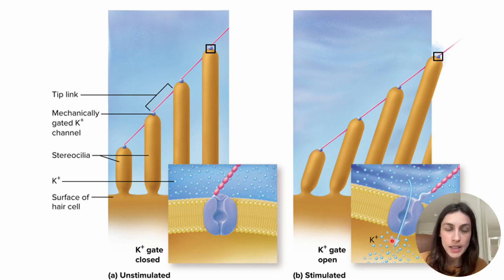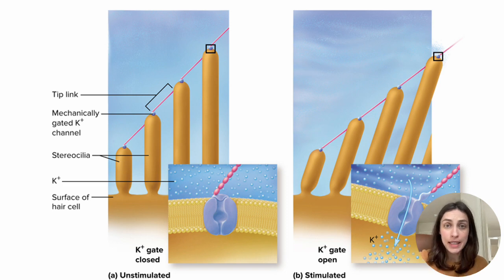And remember that endolymph has this strange concoction of ions, including a really high concentration of potassium, which means that there is actually a gradient for potassium. So when the gated channel opens, it is potassium ions that flow into the hair cells. This is different than anything we've talked about before. Potassium ions are the ones that are flowing in because there is both an electrical and a concentration gradient to drive this ion inside. And as it rushes in, it depolarizes that hair cell.